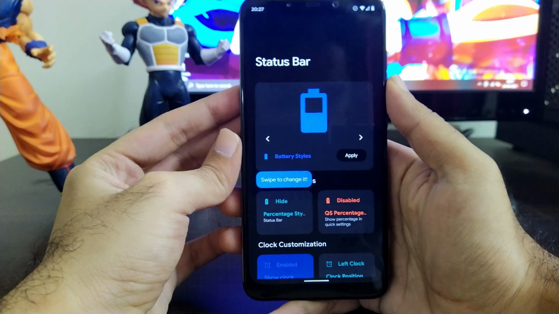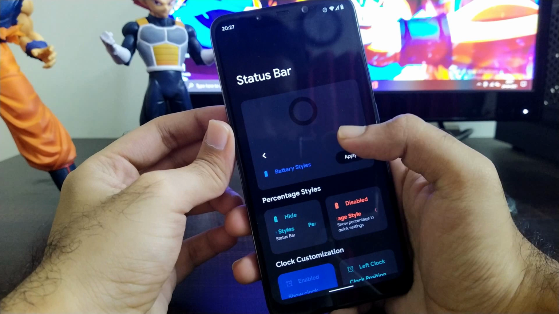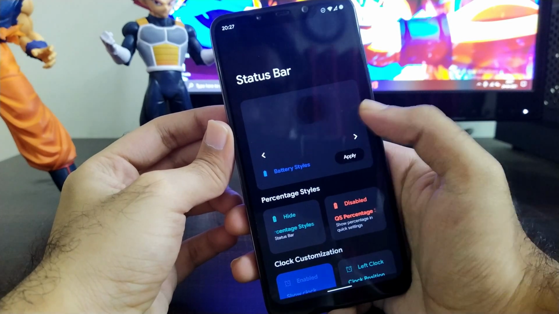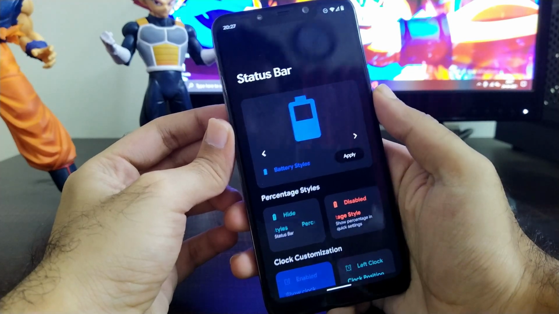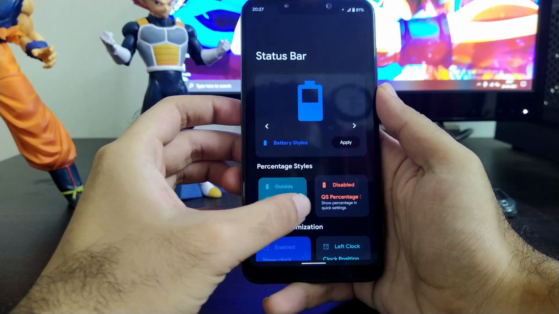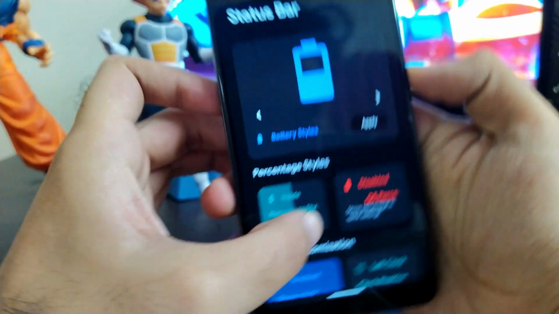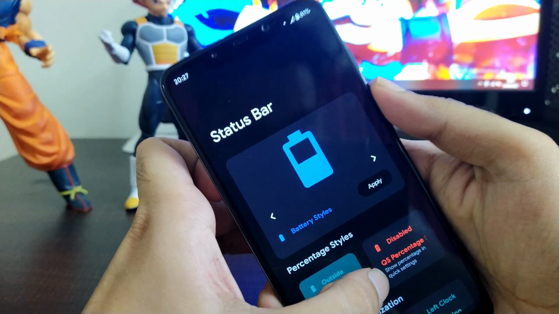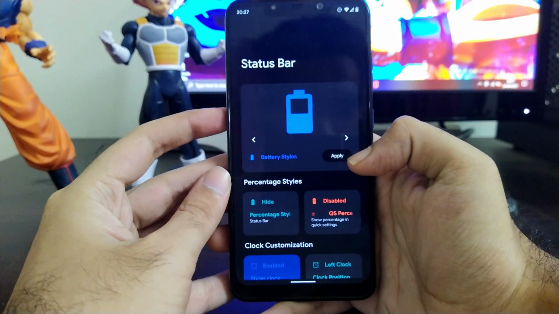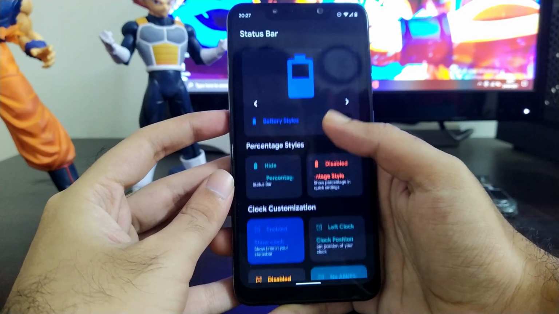Moving further, this is the status bar block where you will get all the other options of status bar customizations. As you can see, this is an example where I am just scrolling through the different battery styles, and whichever one you like, you just stop there and you can apply it, and you can see all the changes applied at a glance. Also, this is something new: if you want any type of setting which is hidden inside or outside, like the battery percentage, you can just scroll left or right, and there are three options in which you can just scroll and enable or disable the stuff you want.